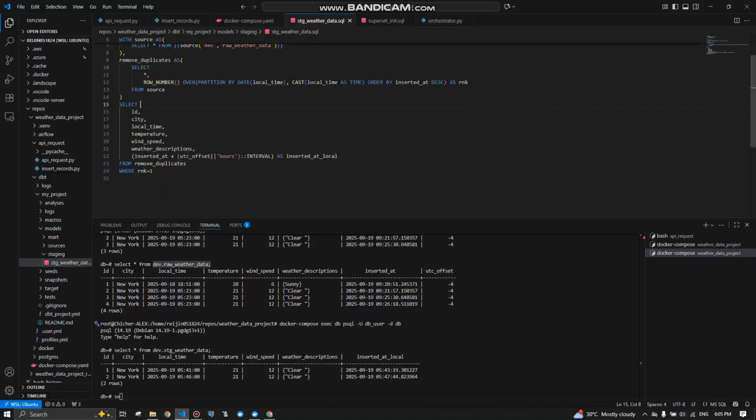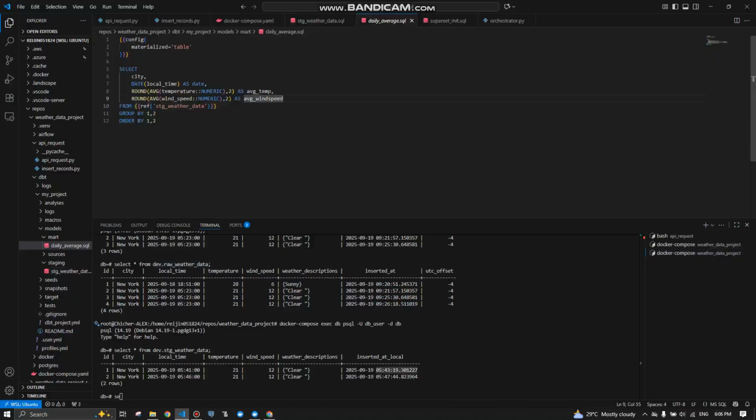And here I merge the UTC offset and the time when the automation inserted it into the database.